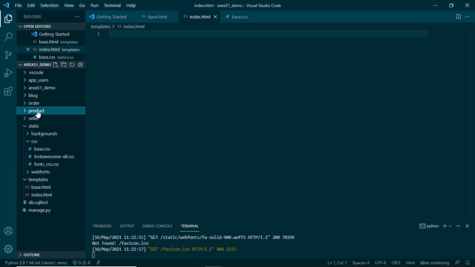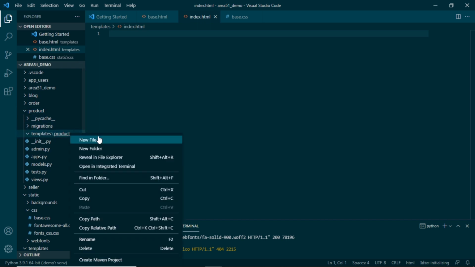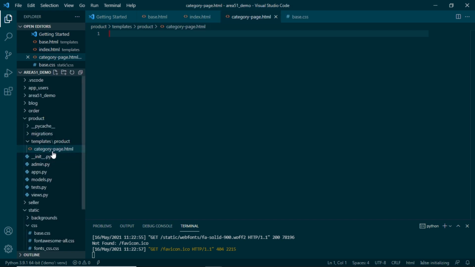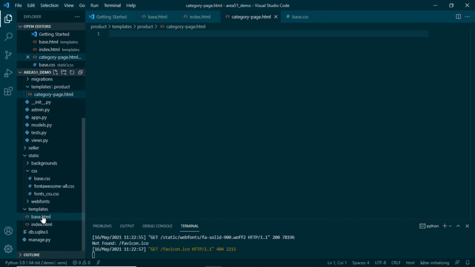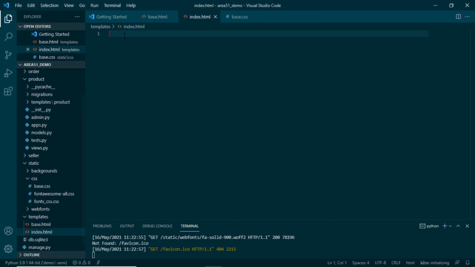templates folder. So let's say I want to make a template in product, so products, templates, and here under product folder I can make a new file, and let's say category page.html. What I want to explain from this is, for generic HTML pages we can keep it in the main templates folder, but if we are making it related or specific to the application, we can make it into the templates of that particular application. If we go back to our index.html, I will use template tagging from Django, which will